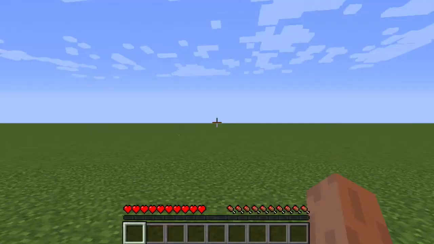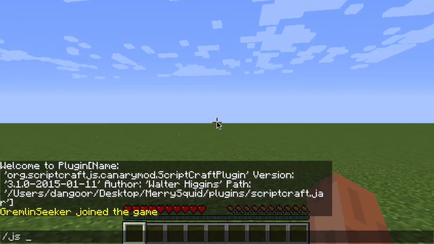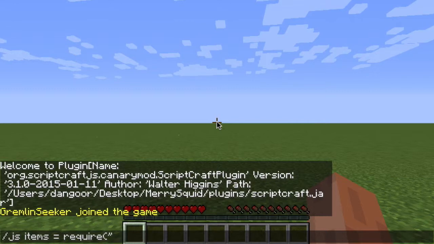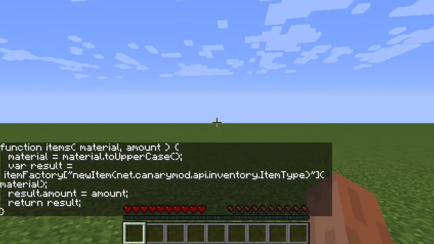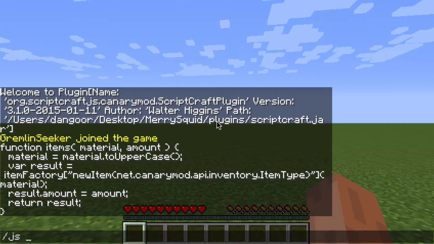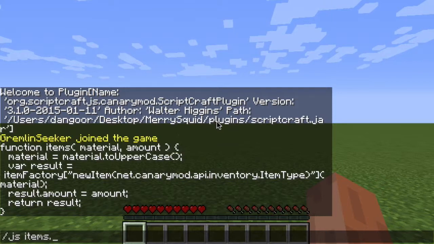So let's look back in Minecraft here. Let's get a hold of items. Same way we do it in our scripts. We say JS items equals require, in quotes, items. And so now we have access to the items module. So what can we do with that? Well, right now I'm in survival mode. I don't have anything. I'm in a flat world, which is kind of inconvenient. Let's say I wanted,